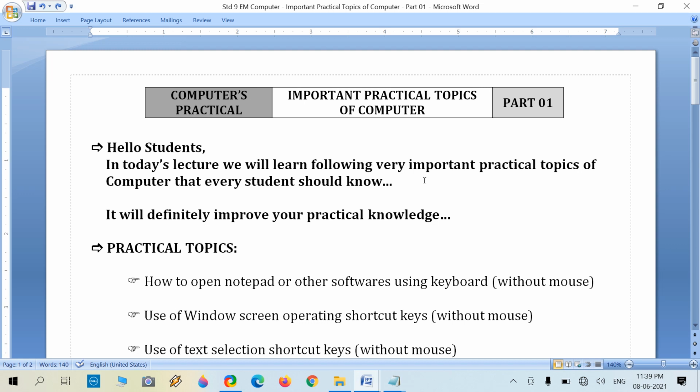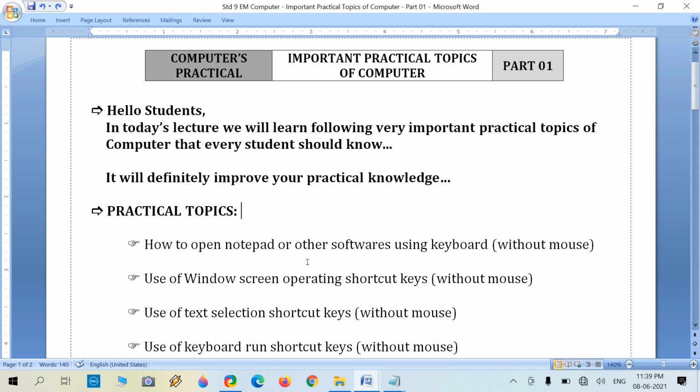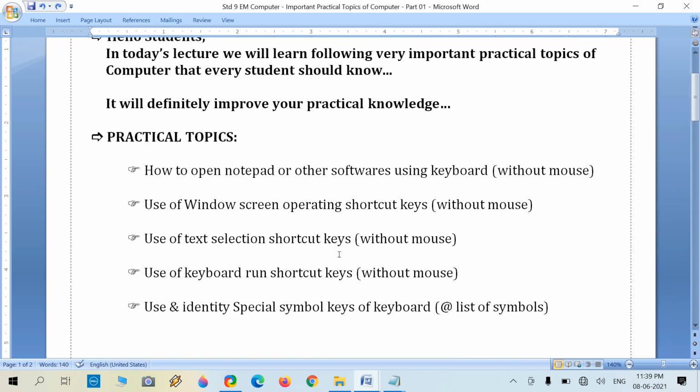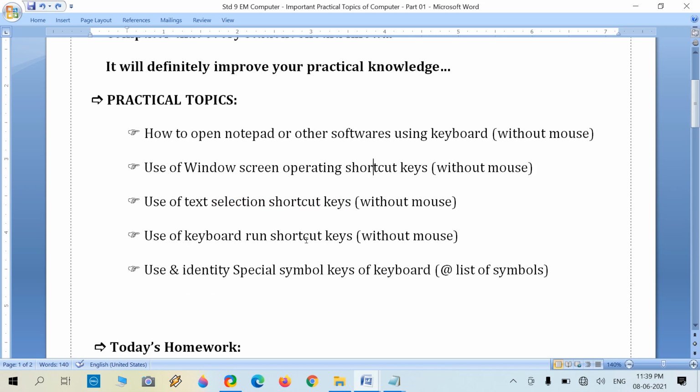If we need to operate any task, like screen operating, like opening or closing any software, like select or deselect, or cut, copy, paste, or opening software from Run shortcuts.